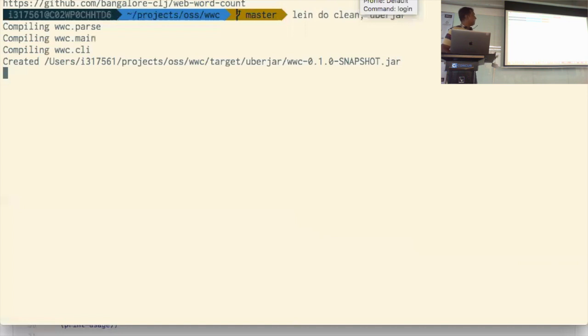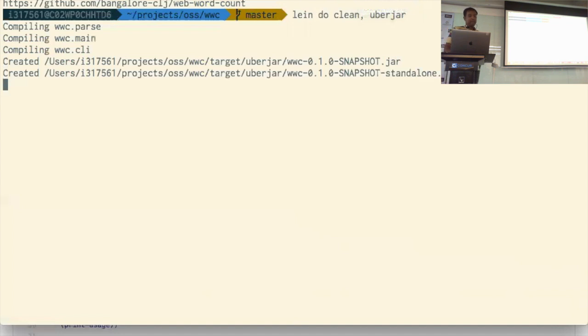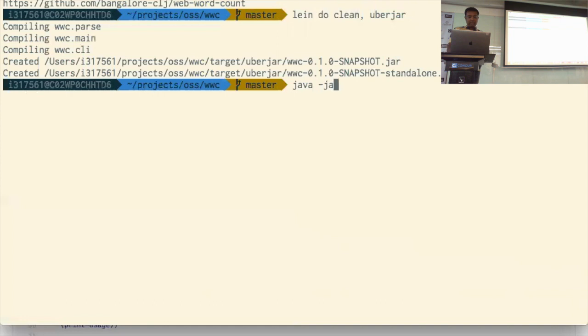I'm just building the code so that I can run and show you. Yeah, it's done. So we'll say Java minus jar. So if we run this,